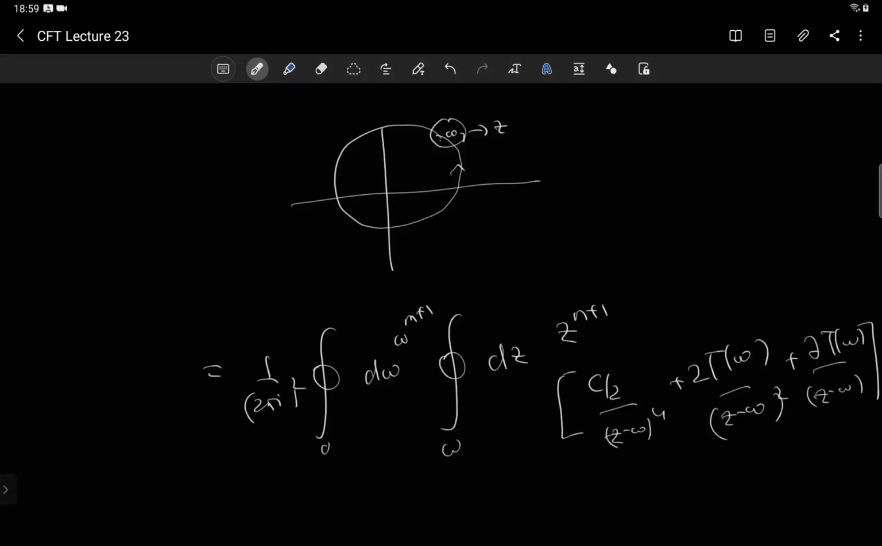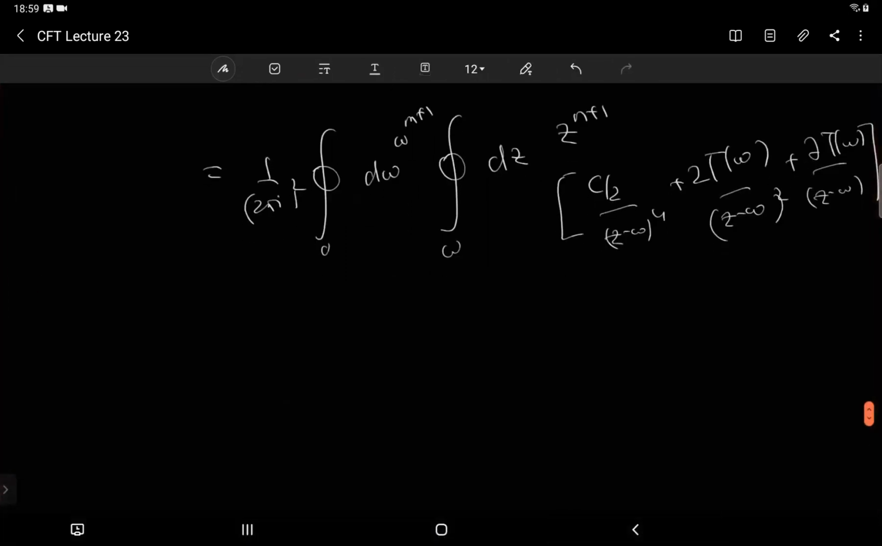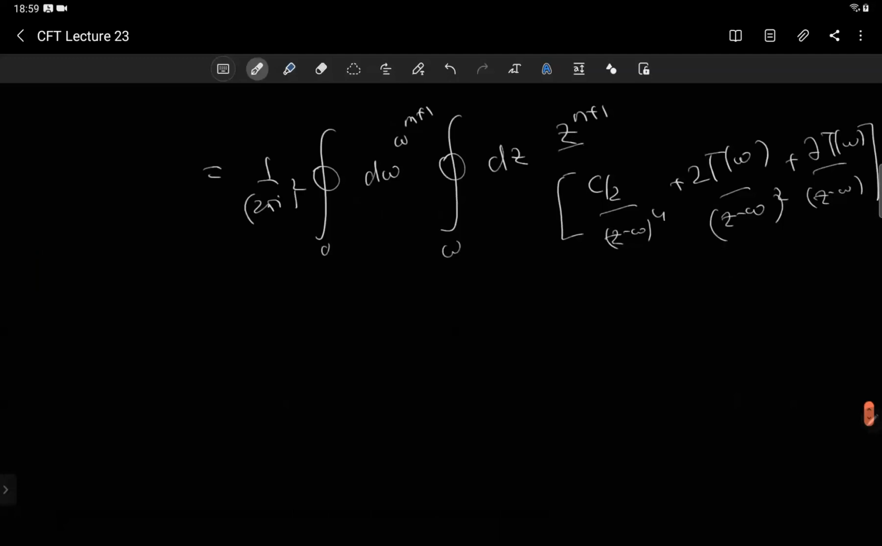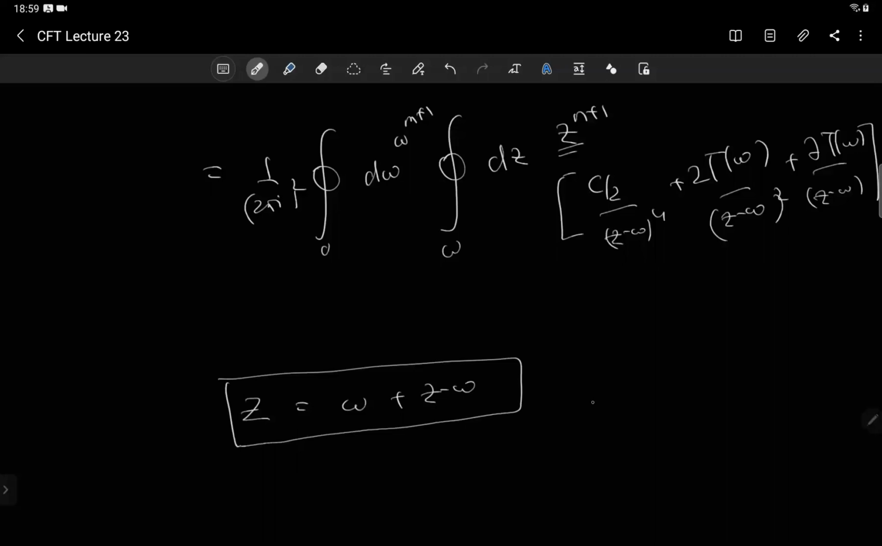So then we have this thing. Okay, so now how do we evaluate this? This is now simple. You have to just expand z around omega, so you can write z as omega plus z minus omega. So write z as omega plus z minus omega, and then you can write this